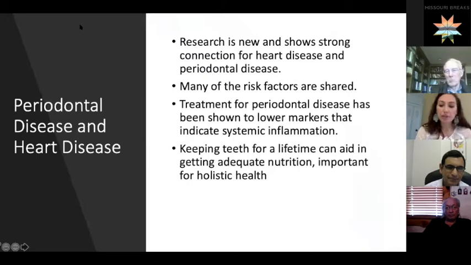So treatment for periodontal disease has been shown to lower all of these proteins, these markers, these plaques within our heart and within other areas of our body. So getting these deep cleanings, any cleanings, going to the dentist can really help with preventing heart attacks or strokes in the future. And then keeping your teeth for a lifetime can help with eating and is just important for